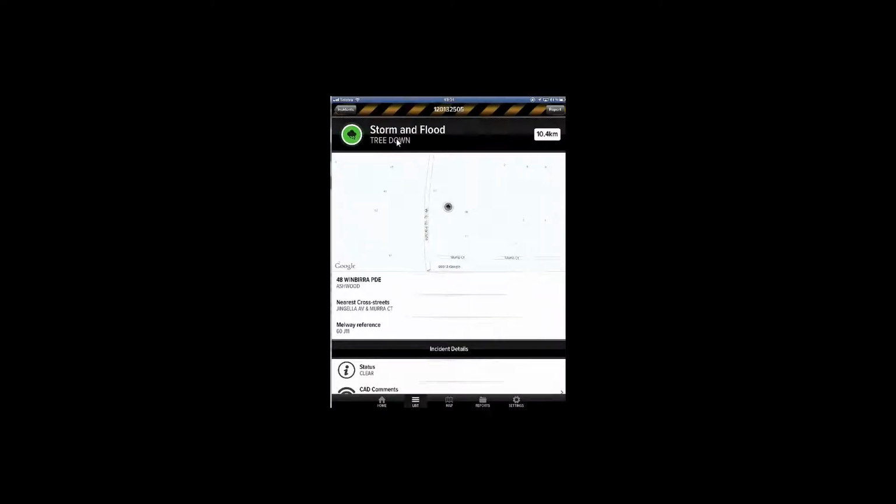In this video we're going to take a look at an incident in Ashwood where a tree has fallen on the power lines and the couple are not sure what to do. This is the particular one here, so I'm going to tap it with my finger. As you can see, it gives me some details in the incident details screen, where it is on the map,